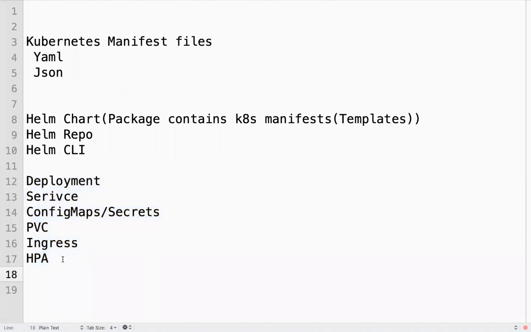Your requirement is to scale up, scale down the pods based on the load. So how can you achieve that? You need to create an HPA object, horizontal pod autoscaler object. And if you want to define the routing within a Kubernetes cluster, you are using ingress. You need to define the ingress rule, right? Those rules.